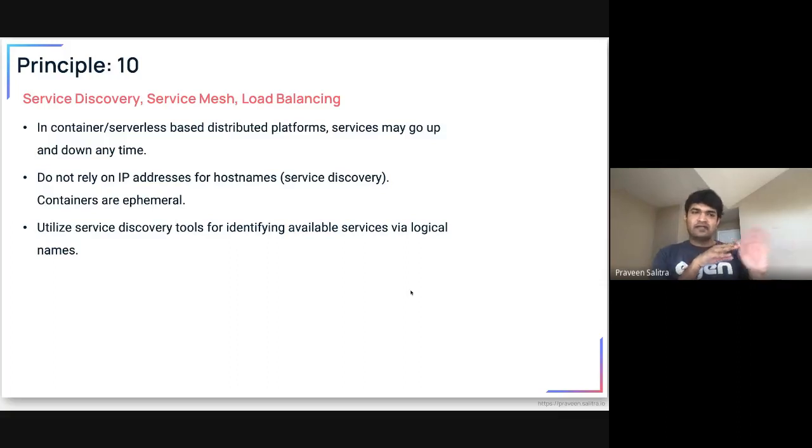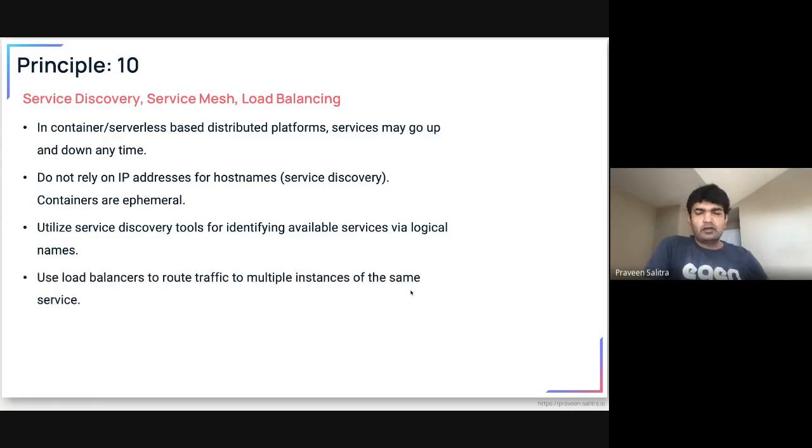And then instead of relying on the IP, you can use a nicer hostname like DNS. They can match whether a new container is coming up or an old one is going down. These particular systems can keep it updated always. That's service discovery for you.